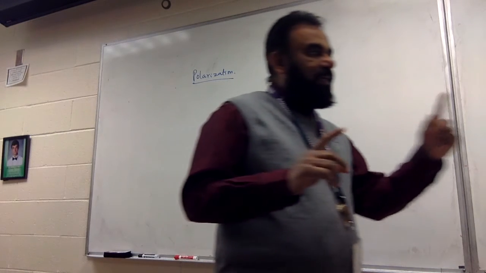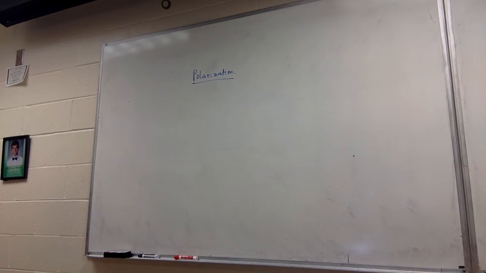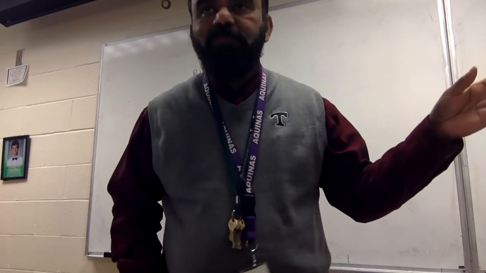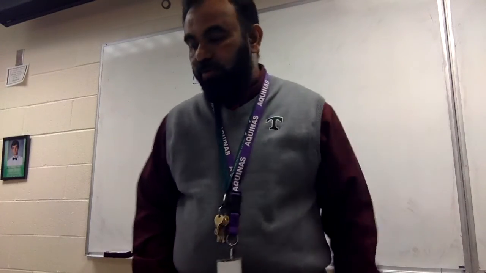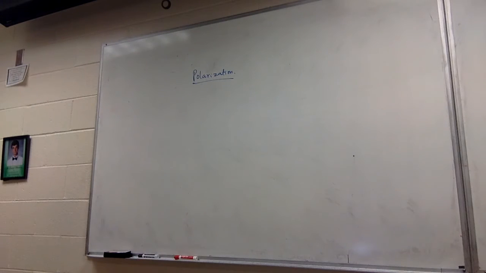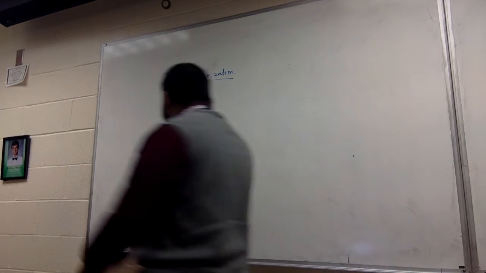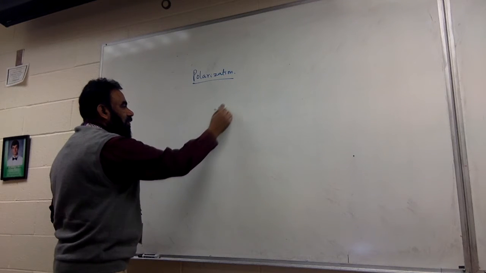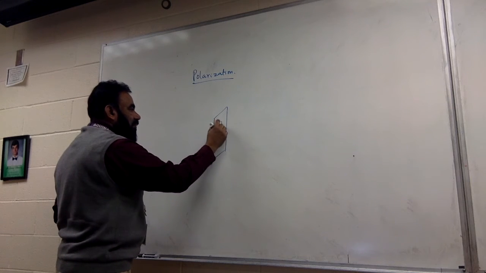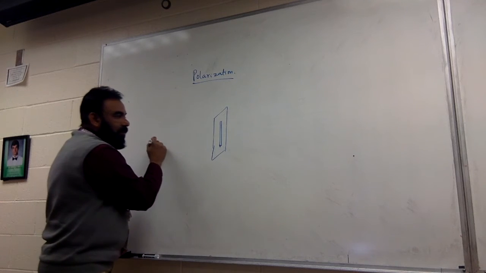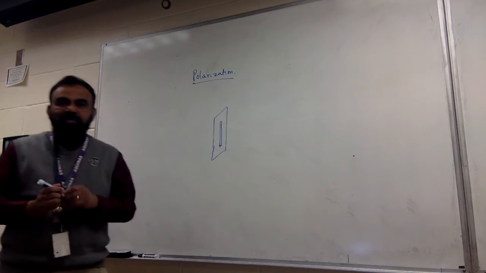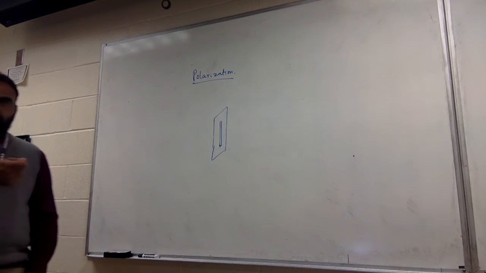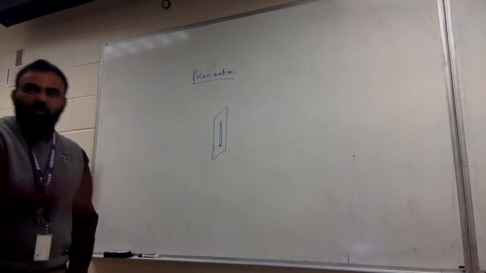Let me say, if I create a little gap on the door, can you see that little gap? Yes. If I create a little gap on the door, and then I pass a rope through the gap, it's like this. That is a door, and there's a little gap there on the door, and I'm passing a rope through the gap. Right? Now, if I hold the rope and create waves like this,